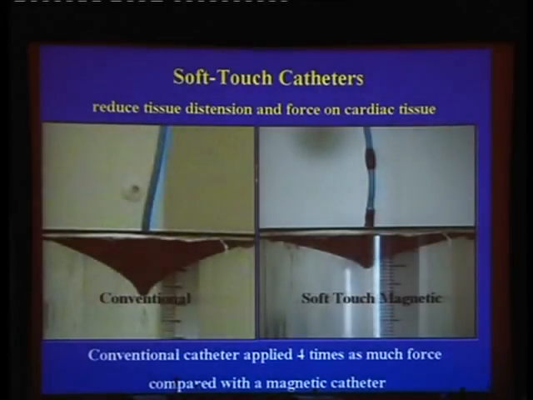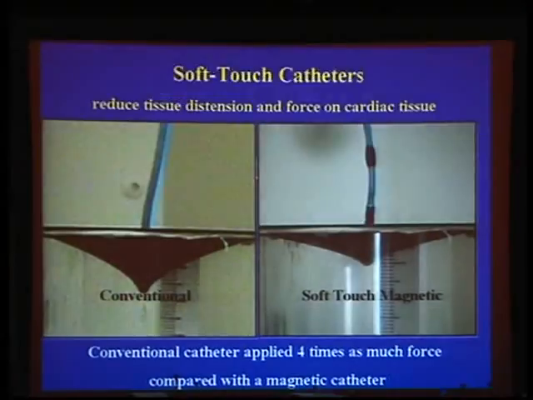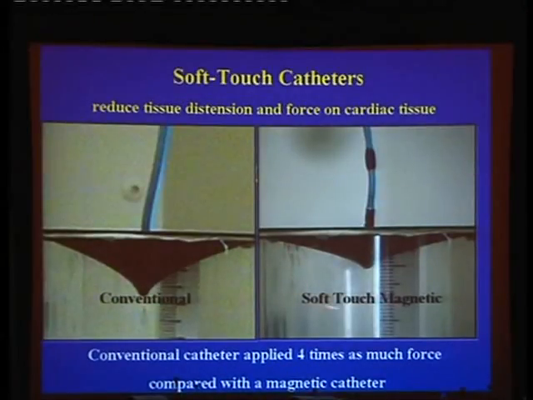So we have a stereotaxis in our center. The thing that's very appealing about stereotaxis is that it's a soft touch catheter. It applies 4 times less force than the conventional. Just recently, the 0.08 Tesla that's used during stereotaxis has been increased to 0.1, so we will see ablations that have a little bit more